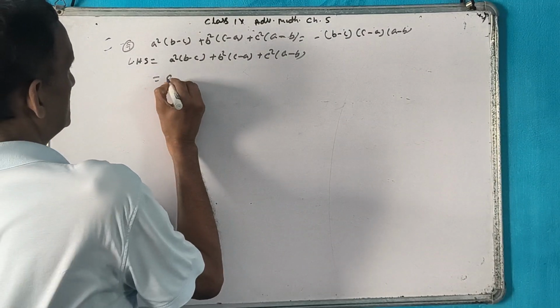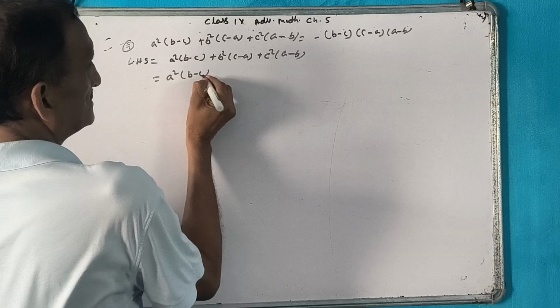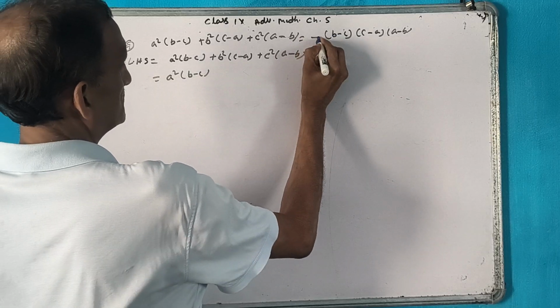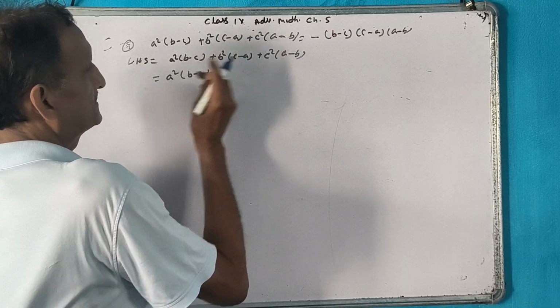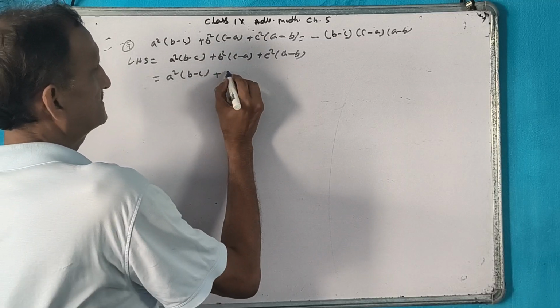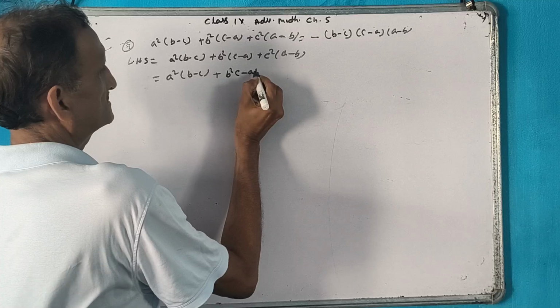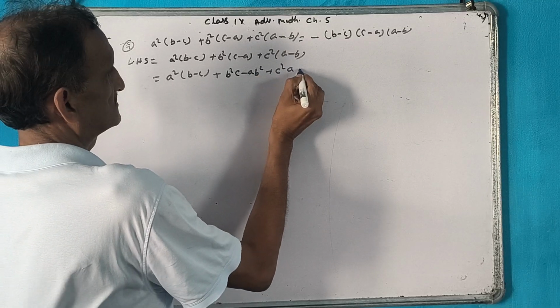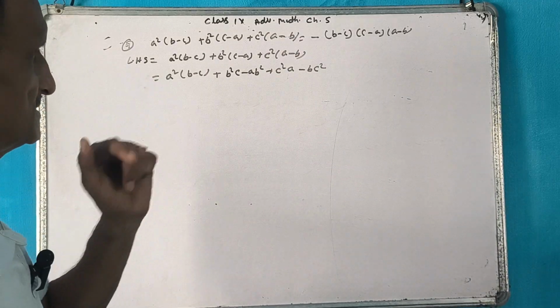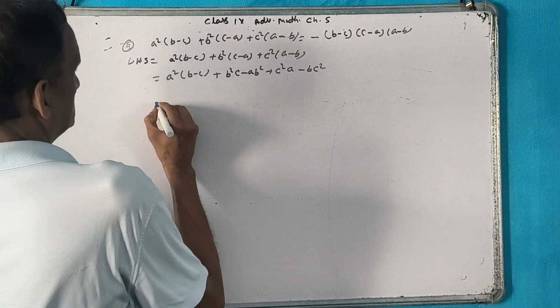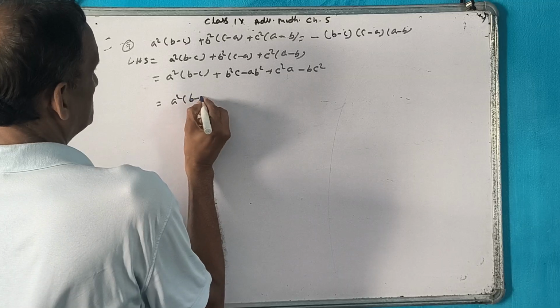The first term we can leave as it is, because we need B minus C, the minus sign is there. So B minus C is already here, so we will not disturb it. And break all this. Remove the bracket: B square C minus AB square plus C square A minus C square B. Here, be a little bit careful. This we just write down as B minus C.